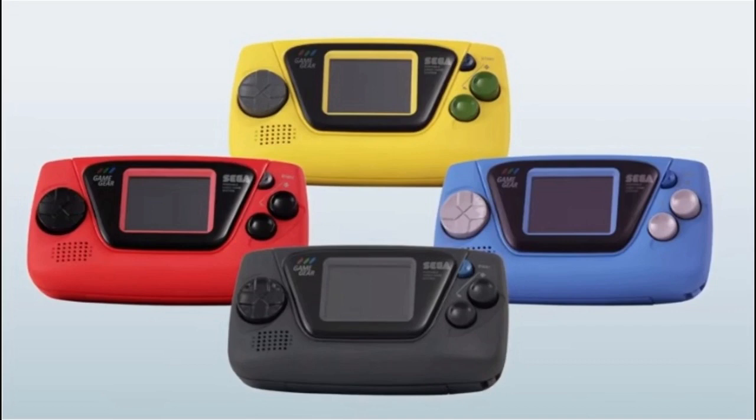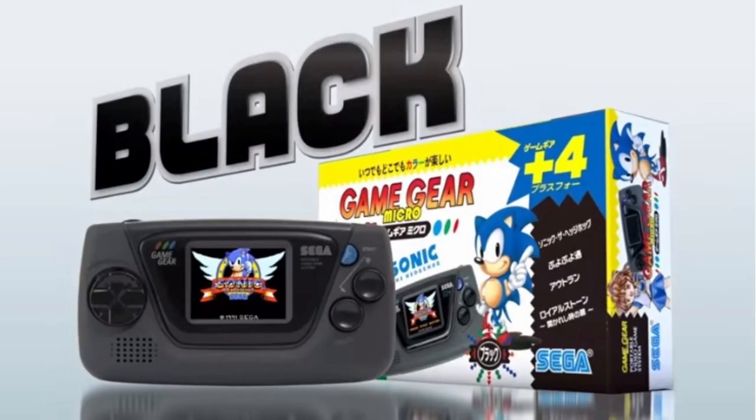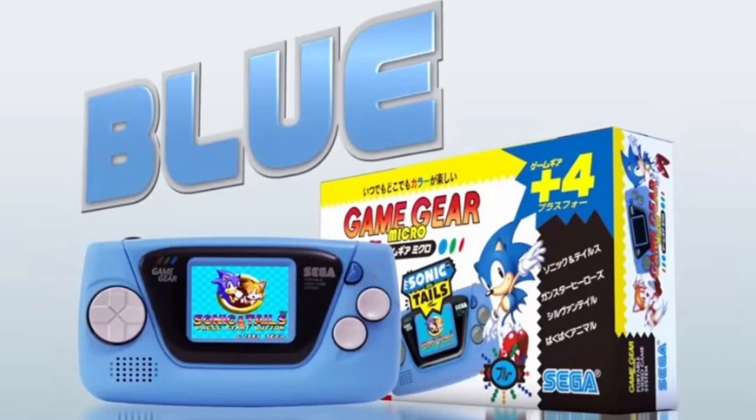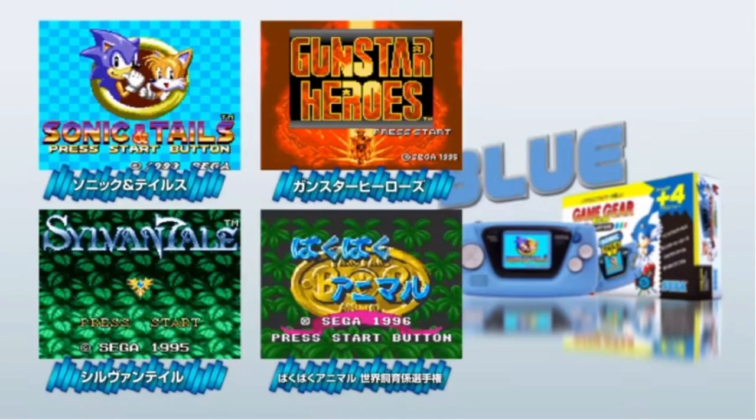Here's a look at each color variation in which games, emulated by developer M2 by the way, are included in each. For the black Sega Game Gear Micro, the 4 games are Sonic the Hedgehog, Puyo Puyo 2, Outrun, and Royal Stone. For the blue Sega Game Gear Micro, the 4 games are Sonic and Tails, Gunstar Heroes, Sylvan Tale, and Baku Baku